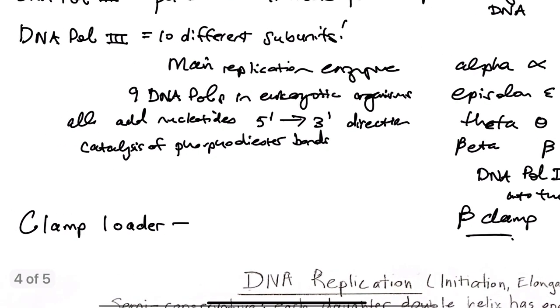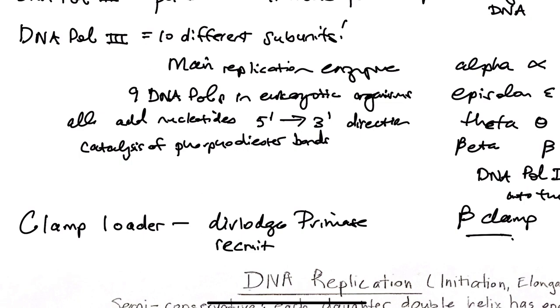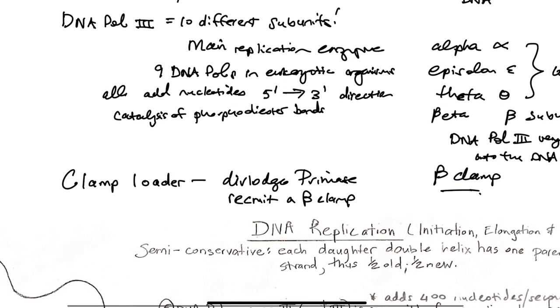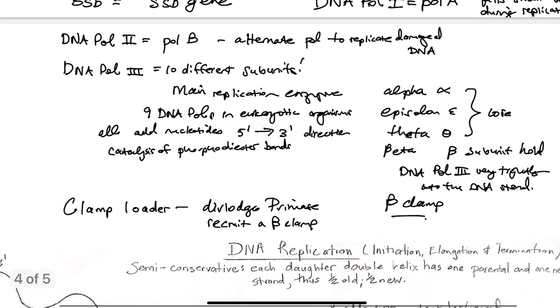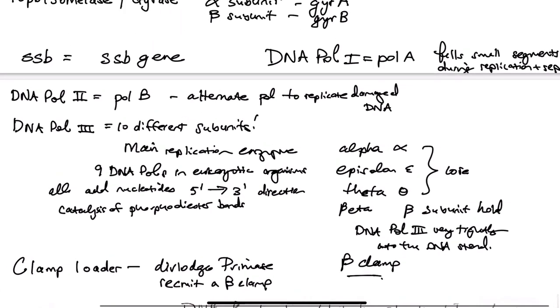So the clamp loader is a structure that will help to dislodge the primase once it is ready to be released, and then it will also help to recruit a beta clamp, a subunit from pole 3. So it's going to take off the primase and then make sure that the pole 3 is firmly attached with a beta clamp subunit. All right, now all 3 of these poles, pole 1, DNA pole 2, and 3, are what we refer to as